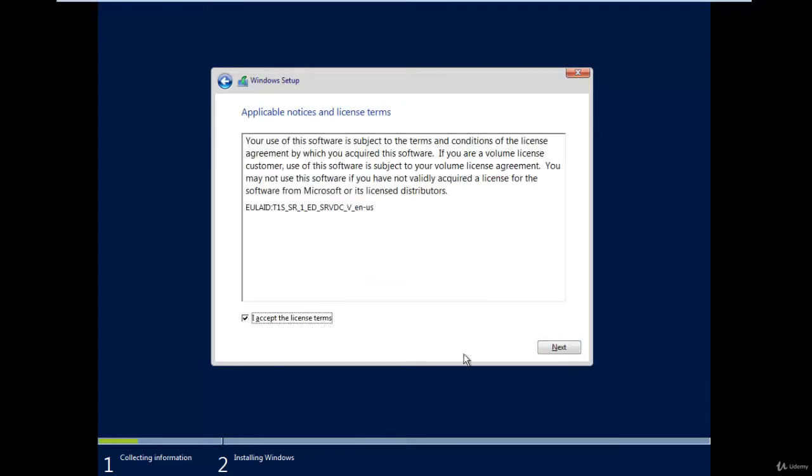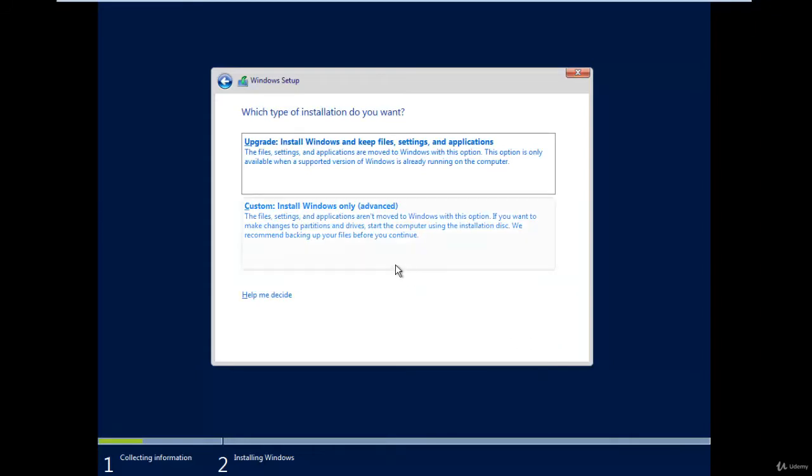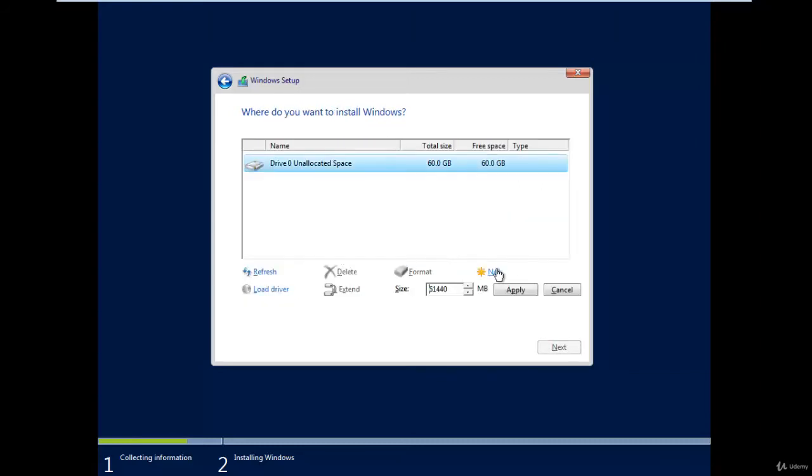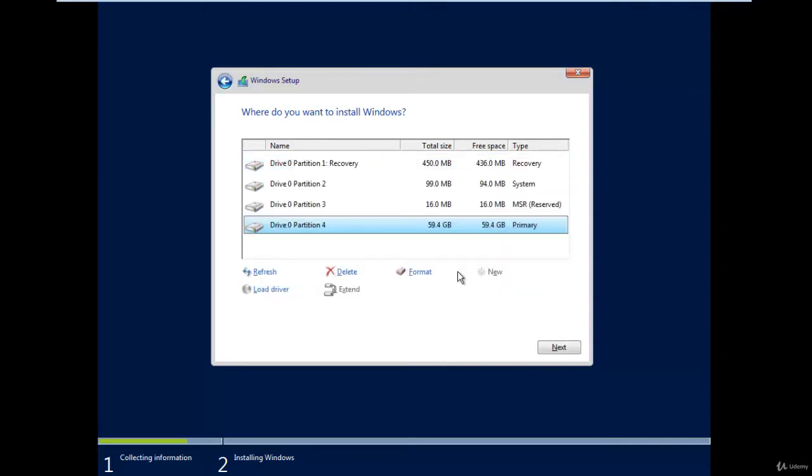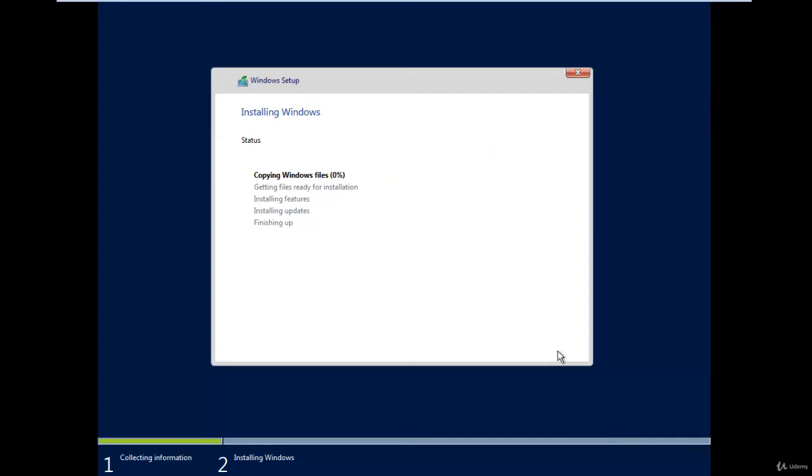I accept the license terms and click on Next. Now we need to install Windows only, so select Custom, create new partition, assign full size to the partition and now click on Next.